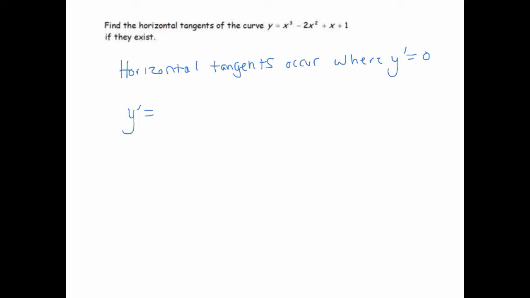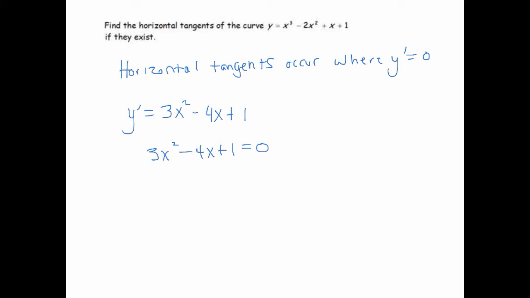The derivative of x cubed is 3x squared. The derivative of negative 2x squared is negative 4x. And the derivative of x is 1. And the derivative of 1 is 0. So there's our derivative, and if we set that equal to 0 to find the x values